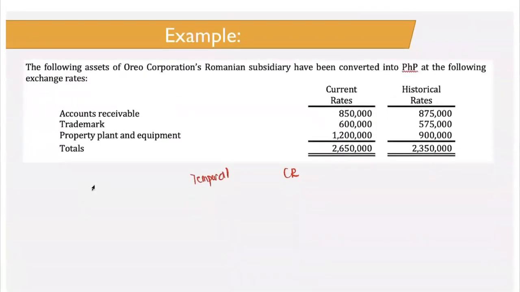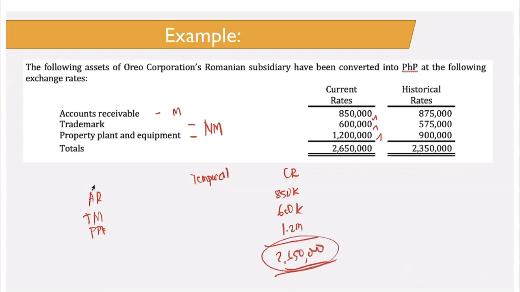Okay, so we have here different assets: accounts receivable, trademark, and PPE. Receivable is money, trademark and PPE is non-money. So under closing rate method, we use all the closing rates. So we just get the closing rate, 850,000 for AR, 600,000 for trademark, and 1.2 million for PPE,